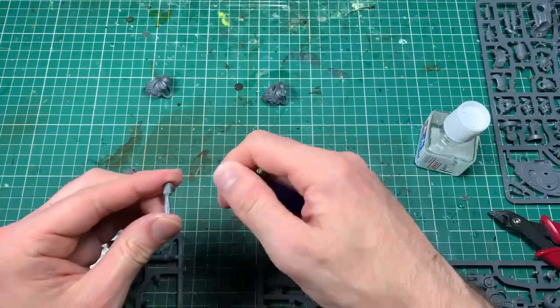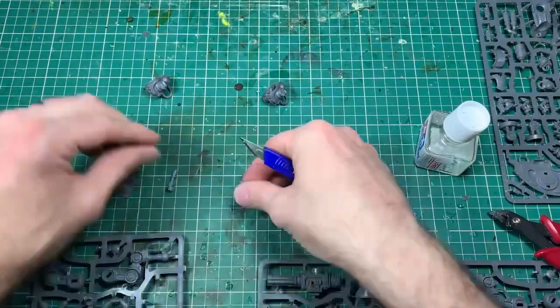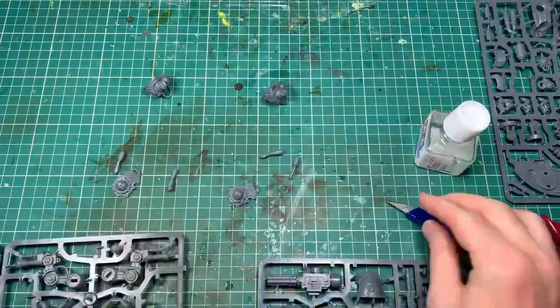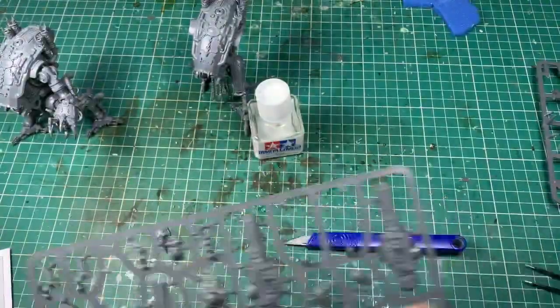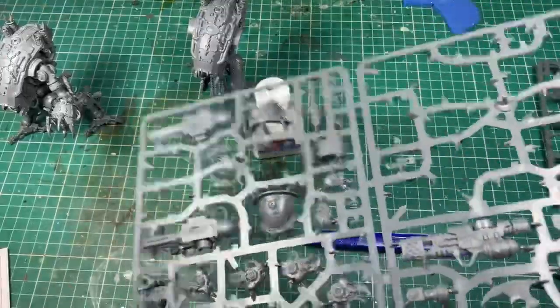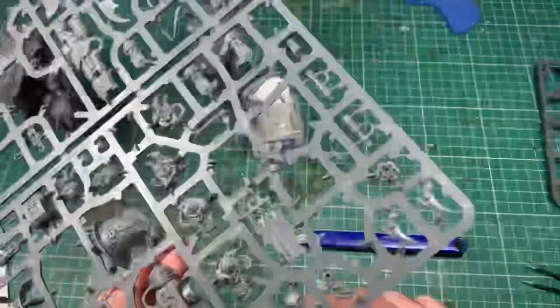Now, if you're going to magnetise the arms, you will probably quite quickly see where the ideal section is magnetised, kind of just off the shoulder. There's the pieces that clamp down onto the weapon. Now, what I would do is not stick that piece on, and you can build all the different weapon options and sort of magnetise either side to stick them on. Now, I'm not doing that. Now, if you're not doing that, I would single build the arms,